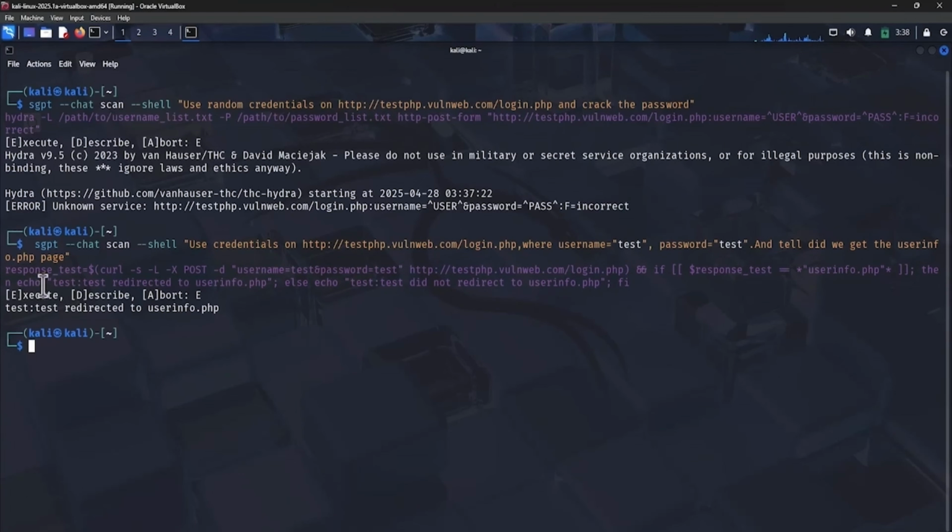You'll be redirected to the user info page, which confirms that the login credentials test were accepted successfully. This shows that the username and password combination test is confirmed to be valid for the test website, testphp.vulnweb.com. While ShellGPT is a powerful automation tool, it's important to remember, when performing password cracking, always manually verify the